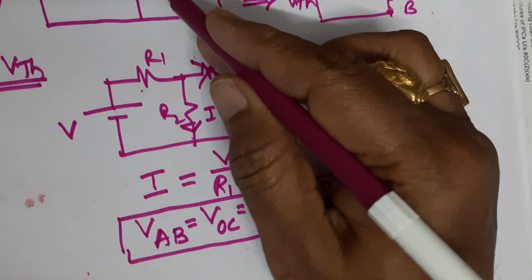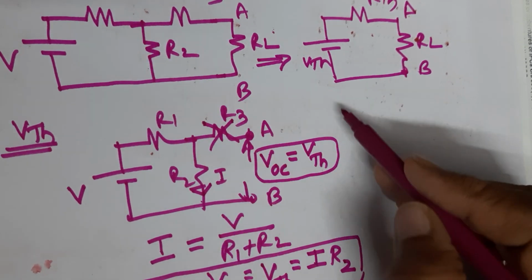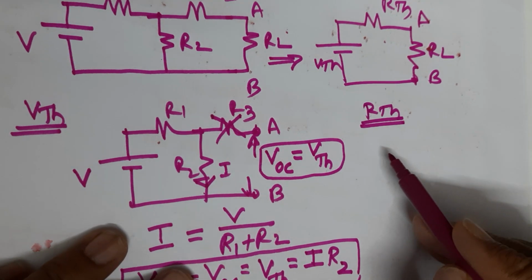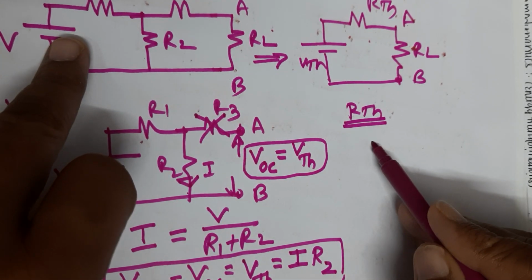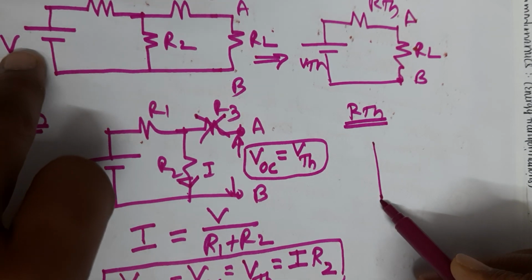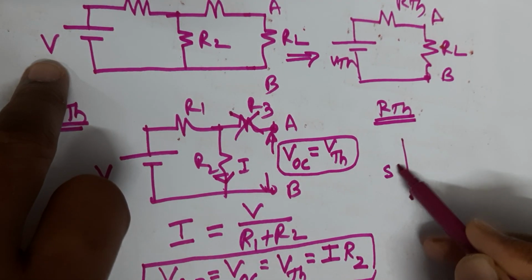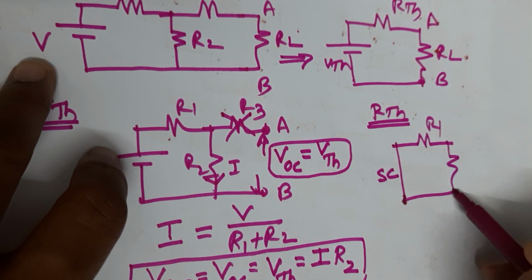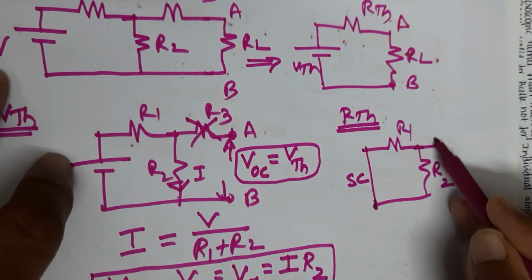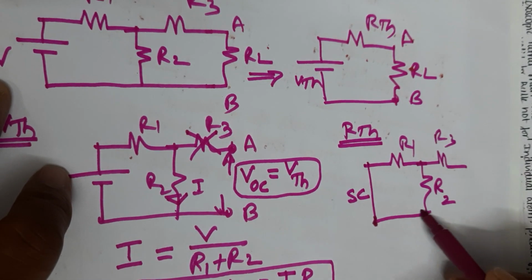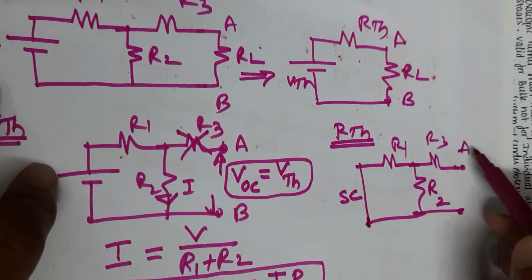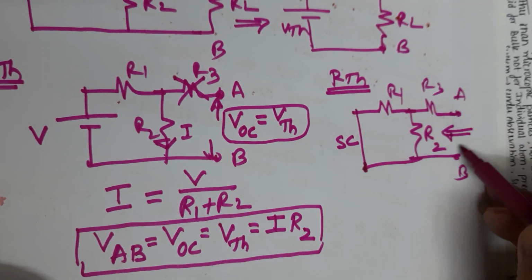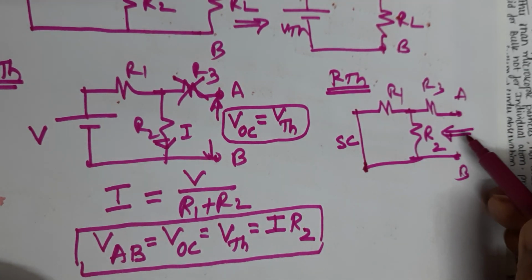From the same circuit, in order to find out the Thevenin's resistance, in the given circuit there should not be any source. So if there is a source, here source V is there, that should be replaced by a short circuit, and all the remaining resistances need to be considered. R1, R2 and R3 are there. We have to view from output terminals A and B into the network. While viewing across these two terminals, we are going to find out the equivalent resistance.